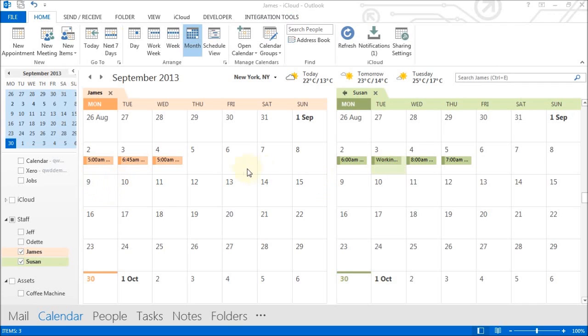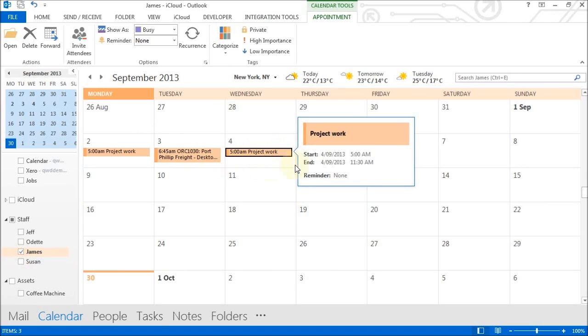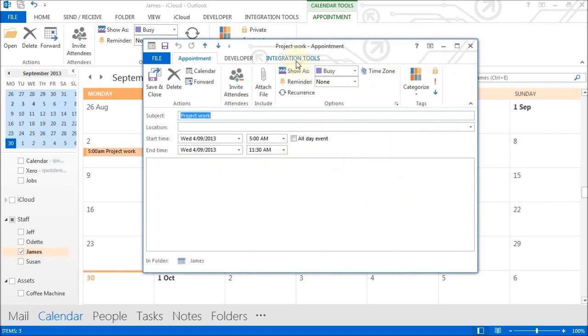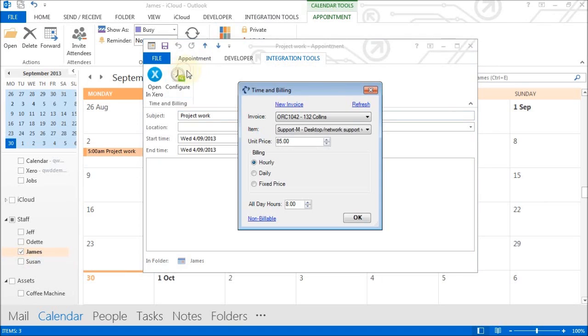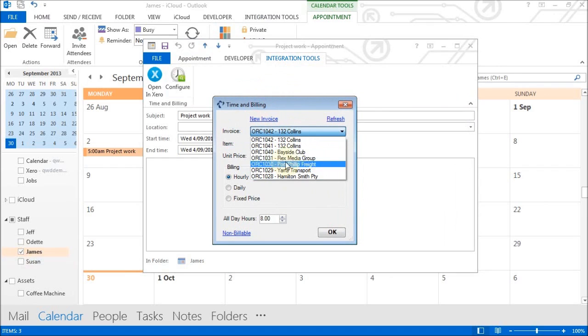Now we'll have a look at some of the time that James booked. James was working on some project work, and earlier this week he's been working on Invoice ORC 1030. So we'll go ahead and make this time go against that invoice. So we'll choose the invoice,